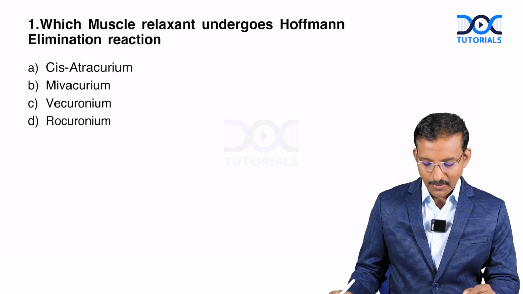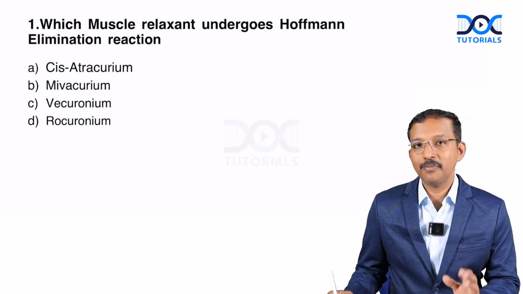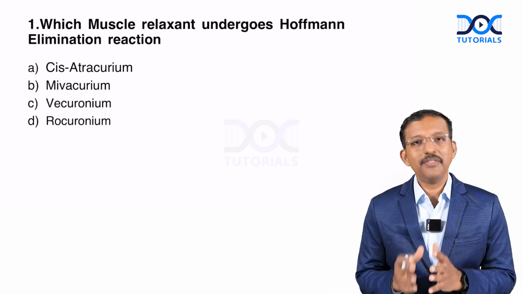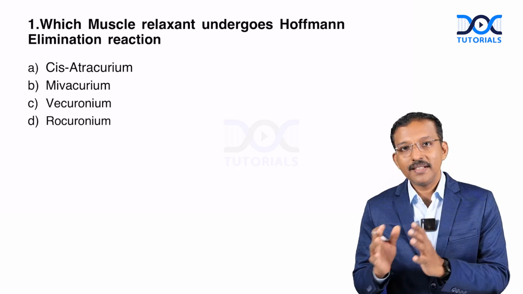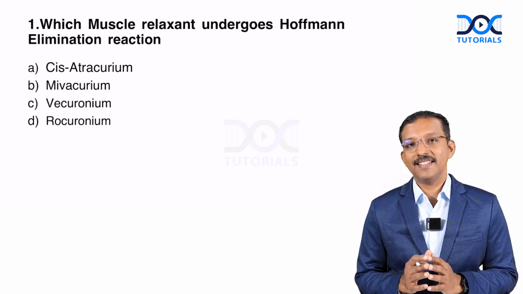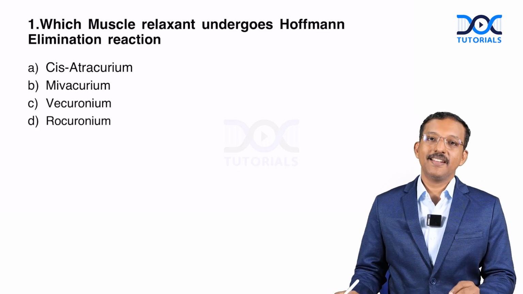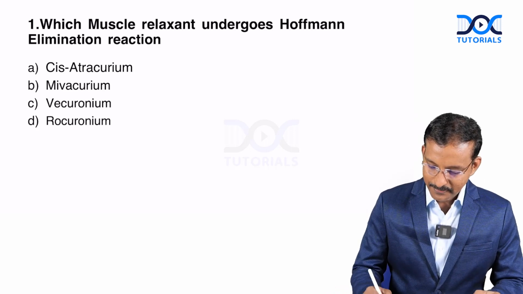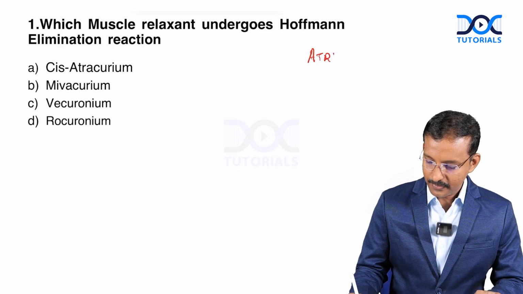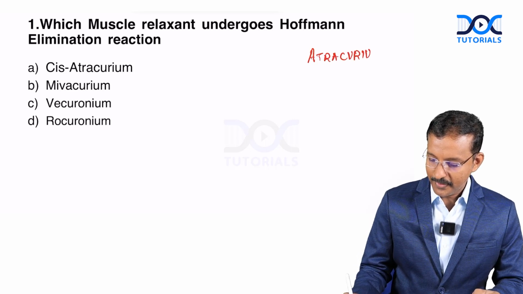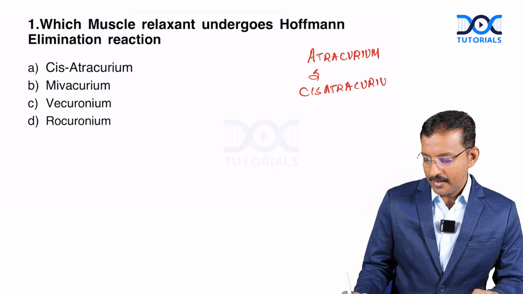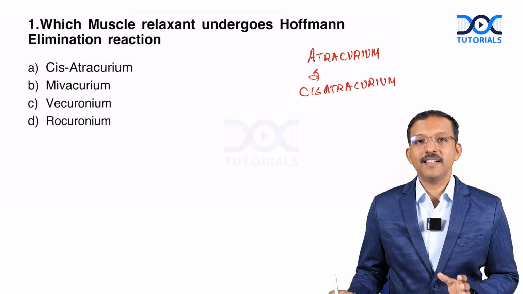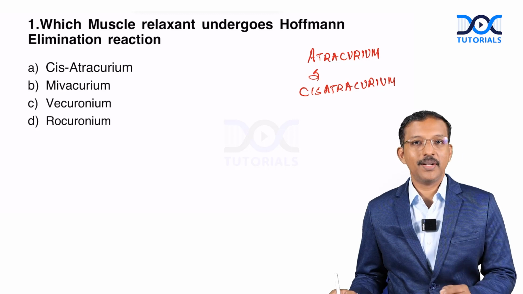See, the first question is, which is a muscle relaxant which undergoes Hoffman elimination? We have seen enough and more times that this question has been repeated, and whenever you hear about Hoffman elimination in anesthesia, there are only two drugs which come to your mind. One is atracurium, and the other one is cisatracurium, isn't it? So in this question they have clearly mentioned that cisatracurium is there in the option,